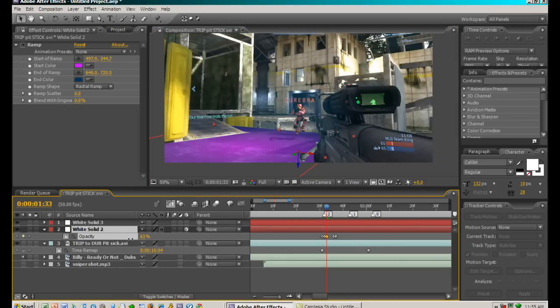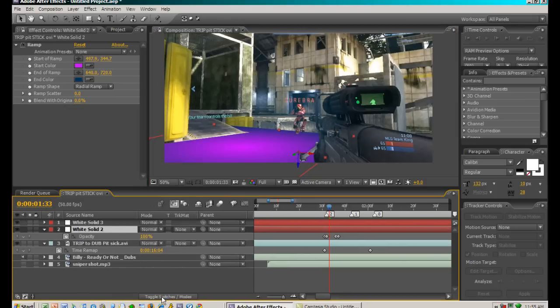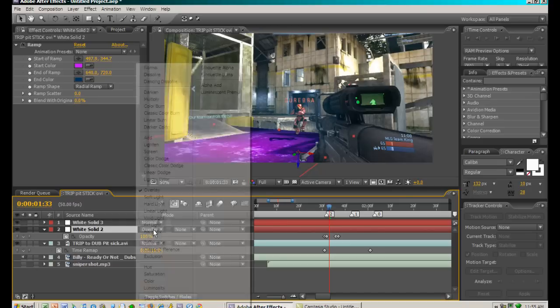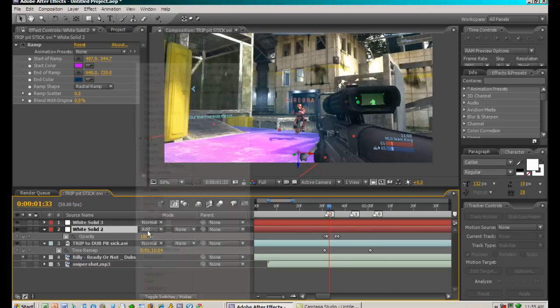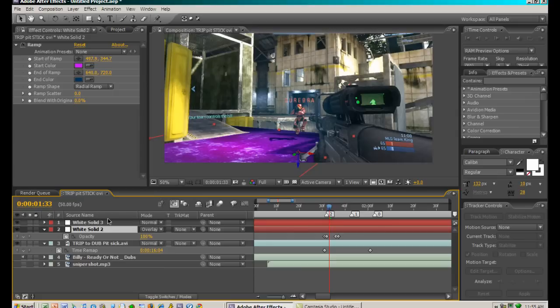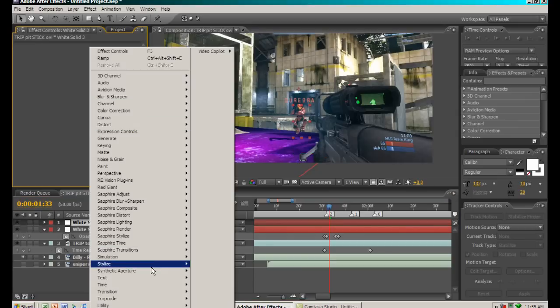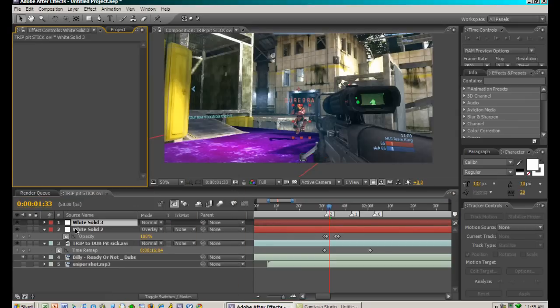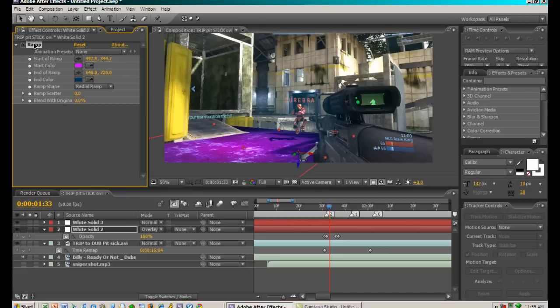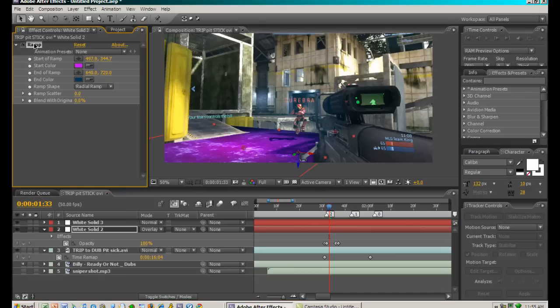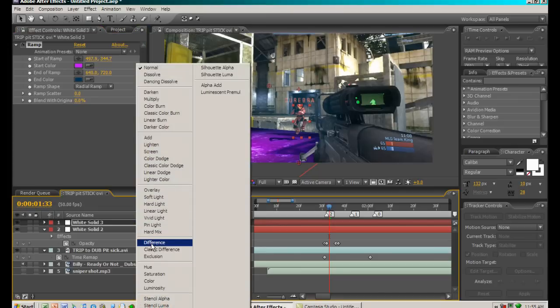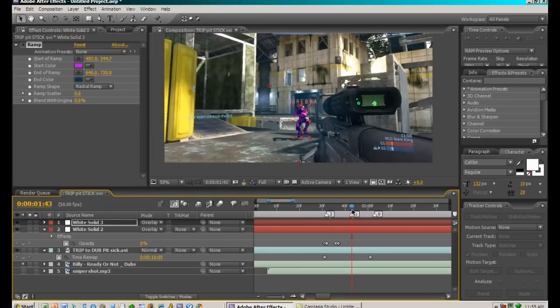Alright, and now I'm going to either turn the opacity down, or After Effects has tons of different transfer modes, which change the way the layer overlays onto the layers beneath it. I think I'm going to go with overlay because that looks pretty good. Let's do the same thing to this, mainly because I'm trying to save time. Copy that, click up here, paste it, make it overlay. So now when that comes on,